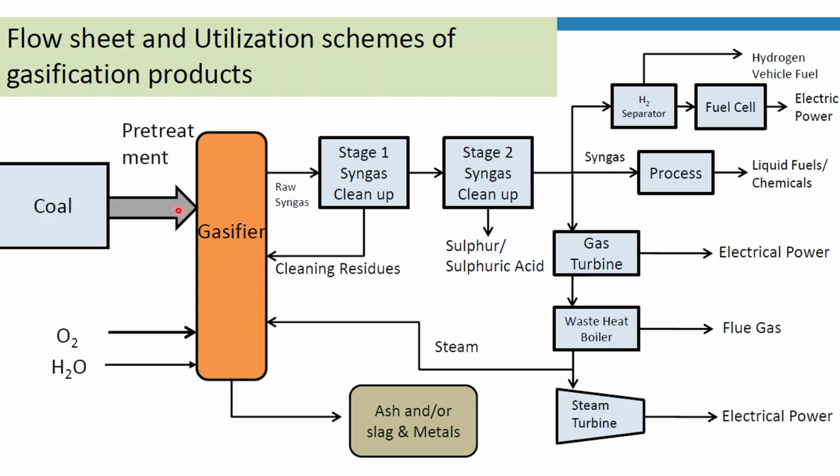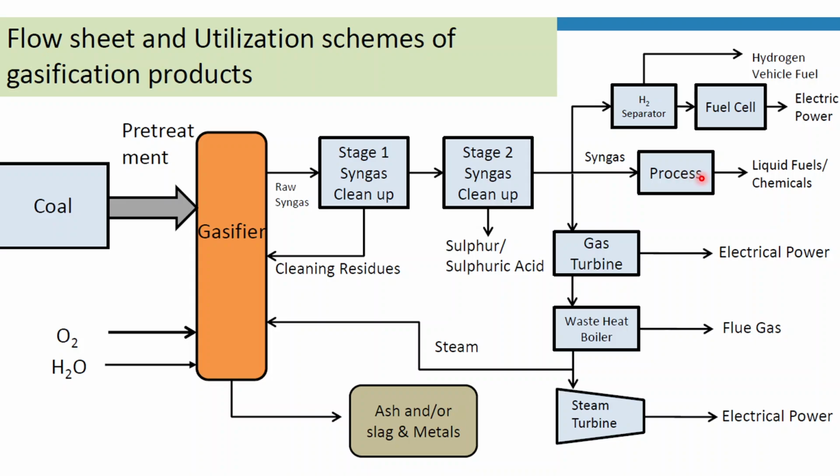Coming on to the flow sheet and utilization scheme of gasification. The flow sheet clearly shows that the pre-treated coal is introduced into the gasifier, and the oxygen and steam are introduced from below, and gasification takes place, giving raw syngas first. The cleanup of the syngas is done in two stages. The cleanup of syngas we will be studying in our further slides; I'll be telling them in detail. The residue from this cleanup is refluxed back into the gasifier for further treatment. In the second stage cleanup, we clean up any acid that is present, and then after the cleanup, this syngas is taken